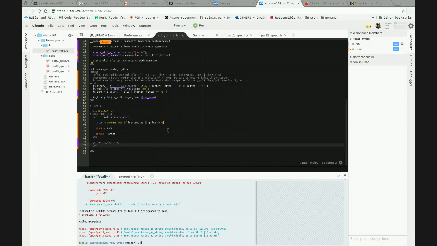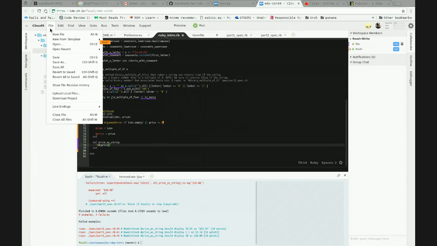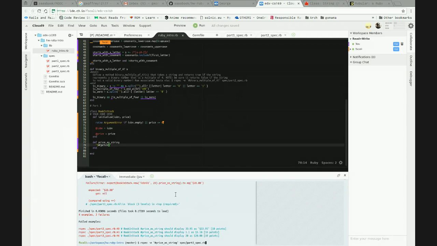And now we have some formatting stuff. I'll just add the $ sign first, and then we have the price, and it should resolve some tests, or not. Do you mean price? Oh, of course, I meant price.